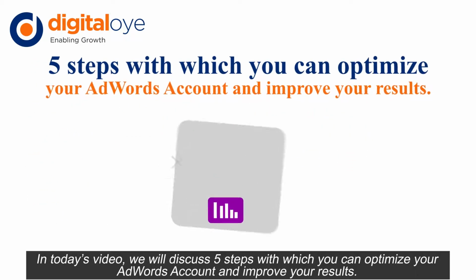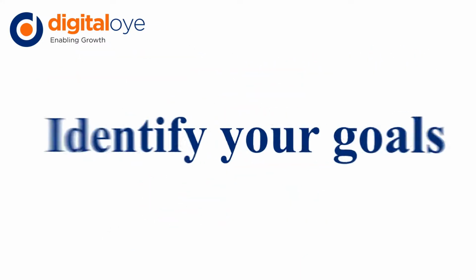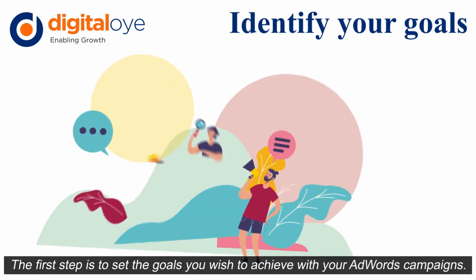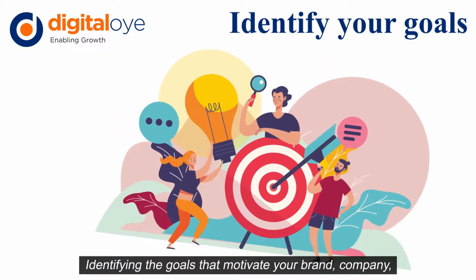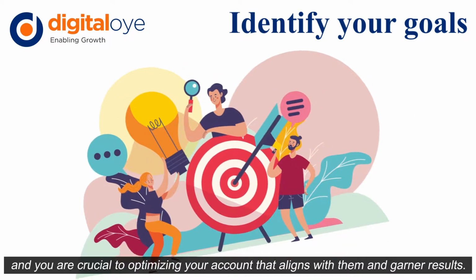In today's video, we'll discuss 5 steps with which you can optimize your AdWord account and improve your results. Let's get started. Step 1 is to identify your goals. The first step is to set the goals you wish to achieve with your AdWord campaigns. Identifying the goals that motivate your brand, company, and you is crucial to optimizing your account so that it aligns with them